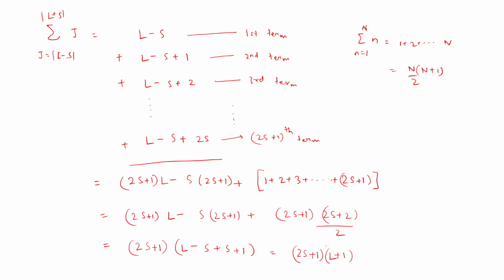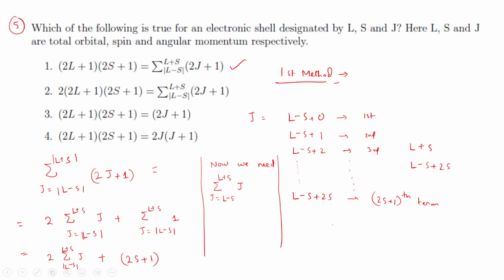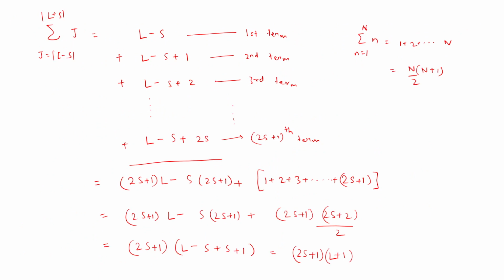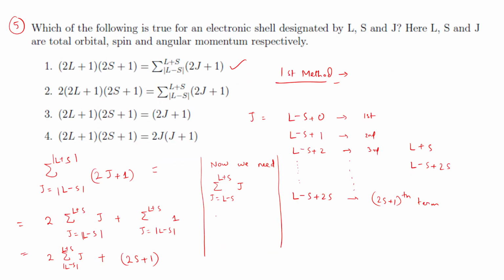This quantity we have to add with the one in the previous slide. So here what we got is sum over this j is 2s plus 1 into L plus 1. So this is 2s plus 1 into L plus 1. Okay, so in next page we have calculated. So now we just have to plug this into here. And now you just have to plug this here. So what you get is finally